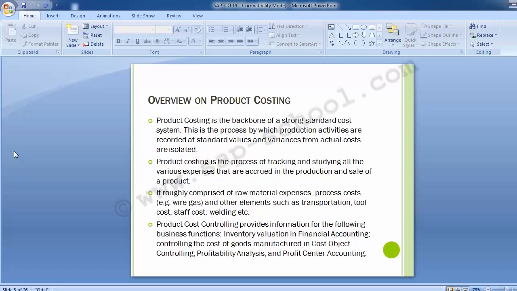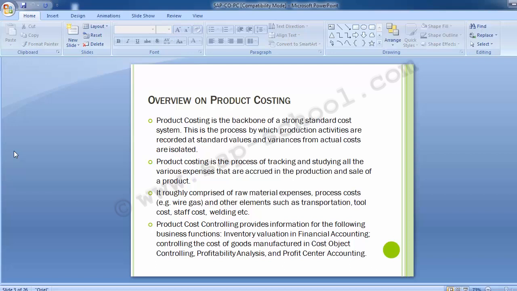Product costing is the process of tracking and studying all the various expenses that are accrued in the production and the sale of a product. It roughly comprises raw material expenses, process costs which include wire, gas, electricity, and other elements such as transportation, tool cost, staff cost, welding, and many more such